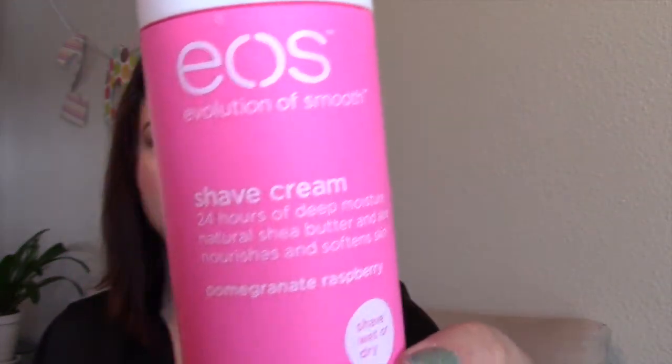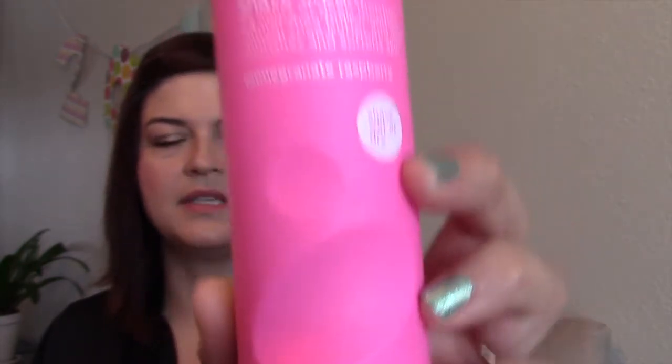A shaving favorite that I've been loving is the EOS Evolution of Smooth Shave Cream. This one is in the pomegranate raspberry, but this is actually a shave cream instead of a shaving gel or a shaving mousse. When this comes out of the bottle, it comes out like a lotion, and at first I didn't understand how to use it, but when I use this to shave my legs and my armpits and whatever else, I find